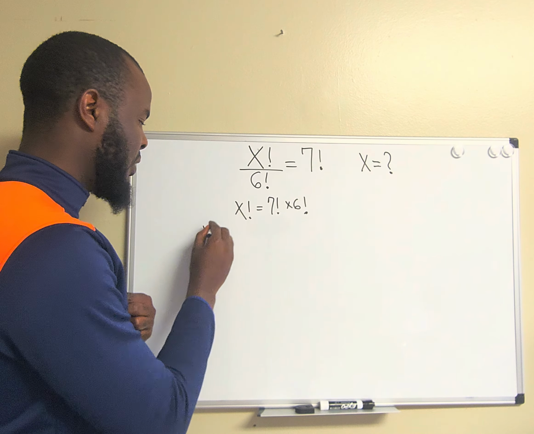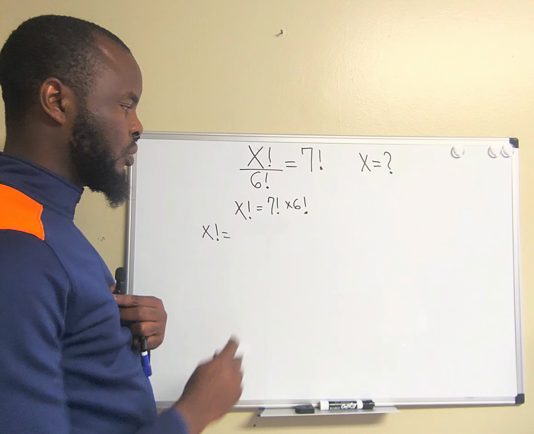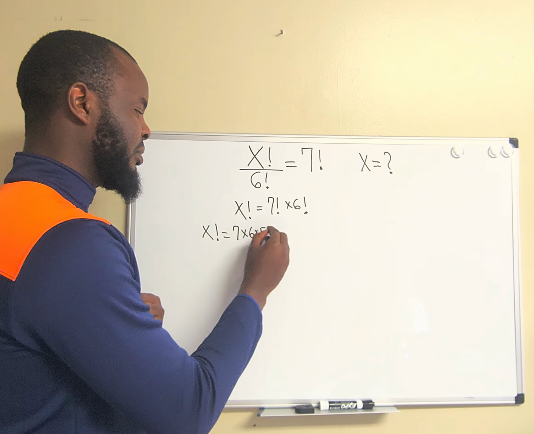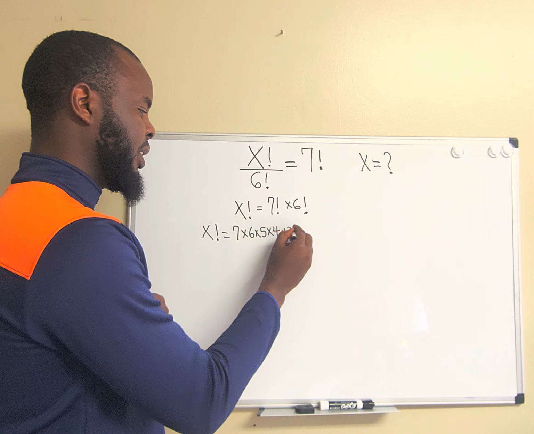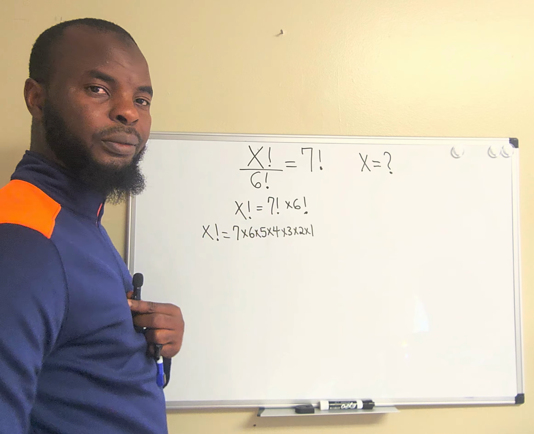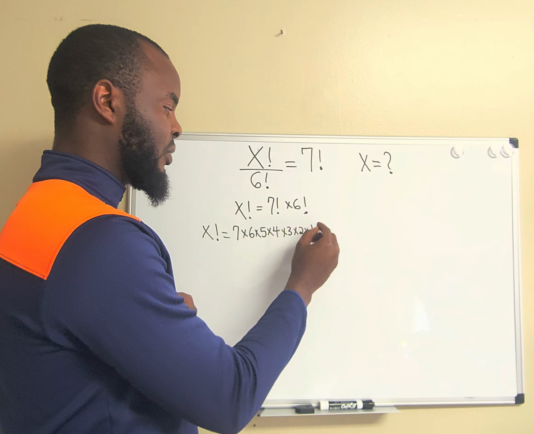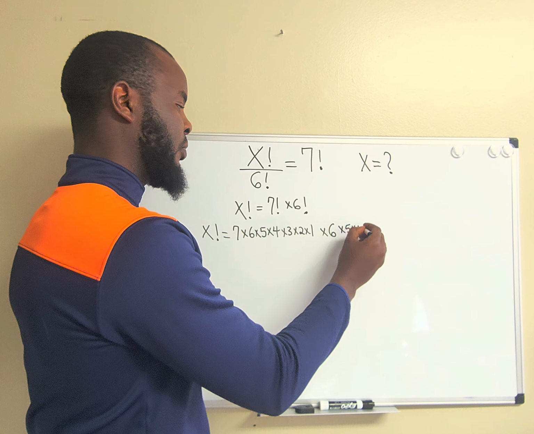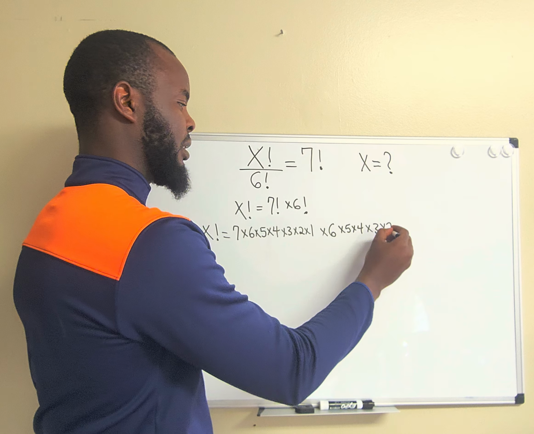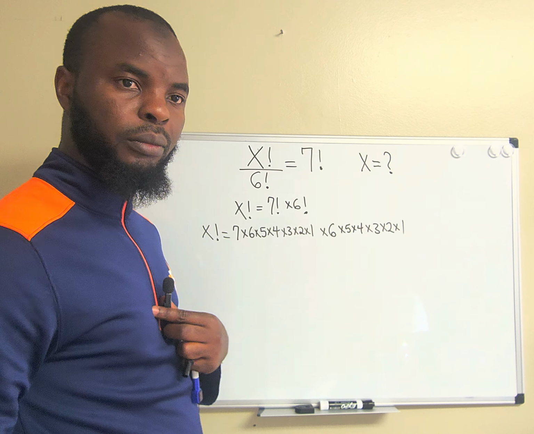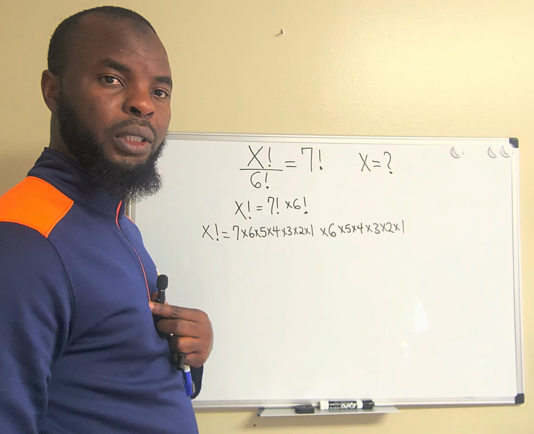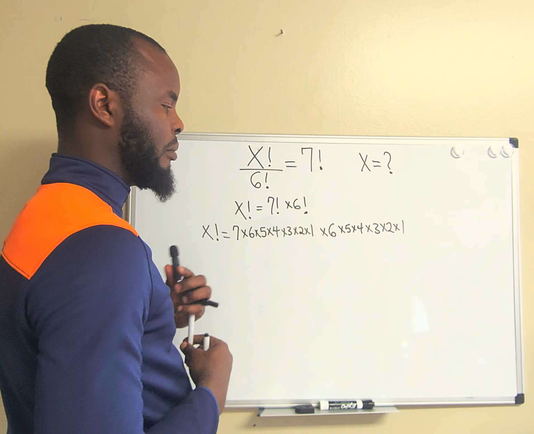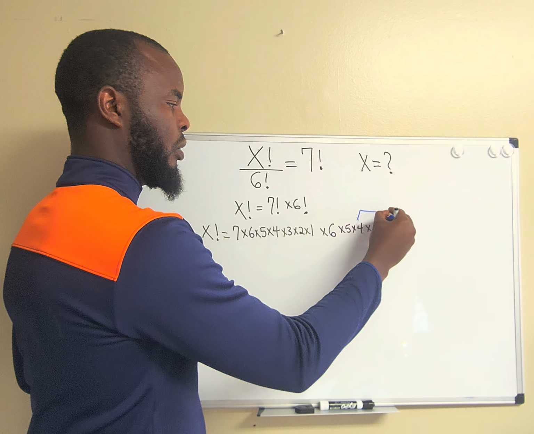Now, x factorial equals 7 factorial, which can be written as 7 times 6 times 5 times 4 times 3 times 2 times 1, multiplied by 6 factorial, which can be written as 6 times 5 times 4 times 3 times 2 times 1. This is very interesting. Now, from here, I'm going to rewrite this by multiplying out my 4 and 2 to